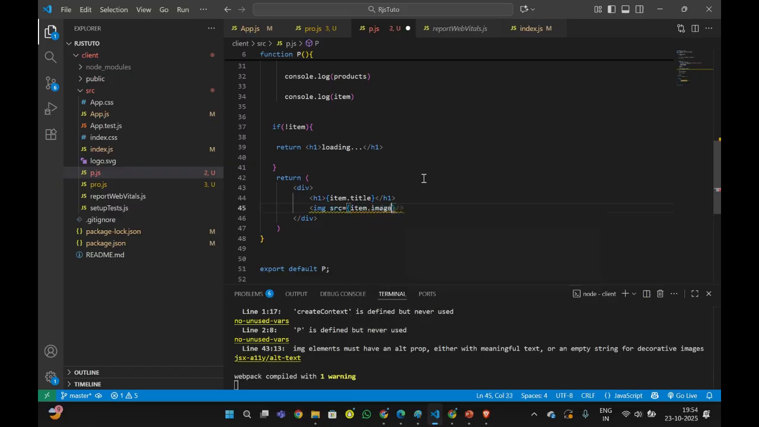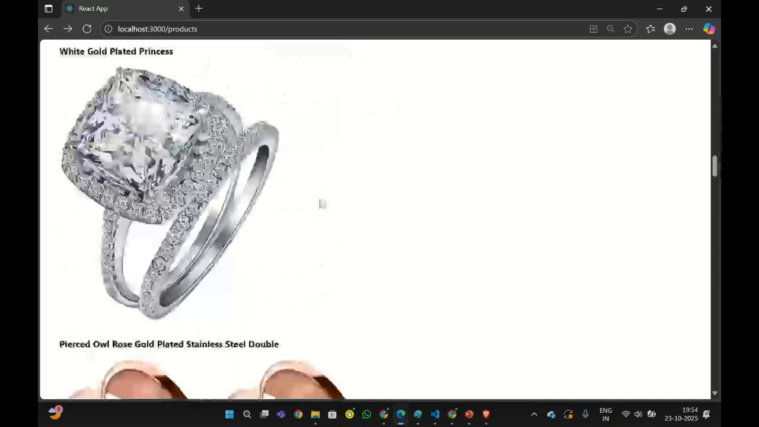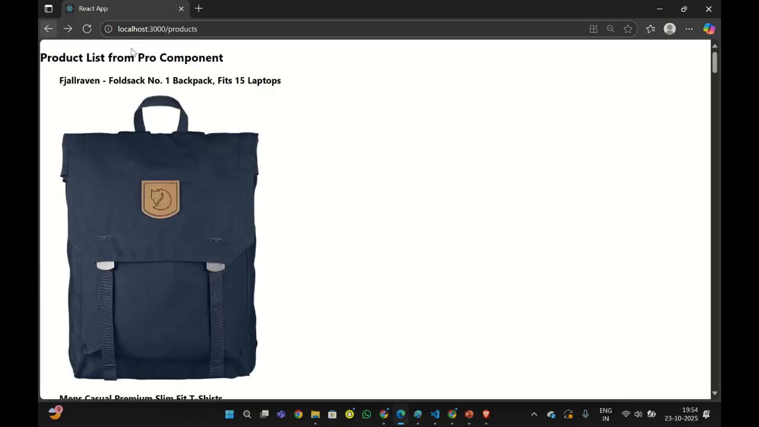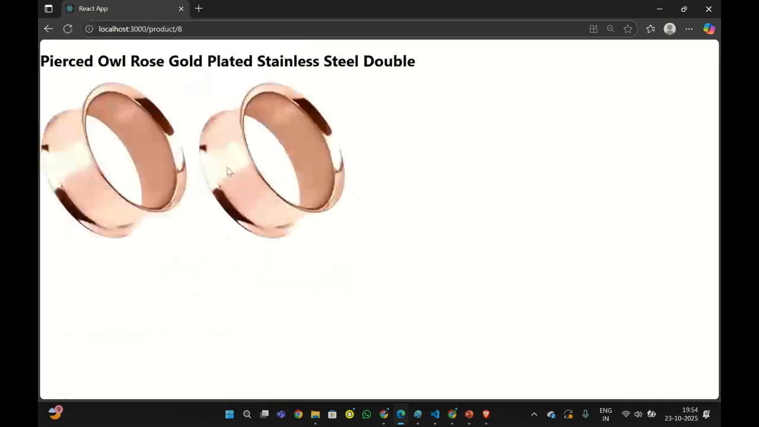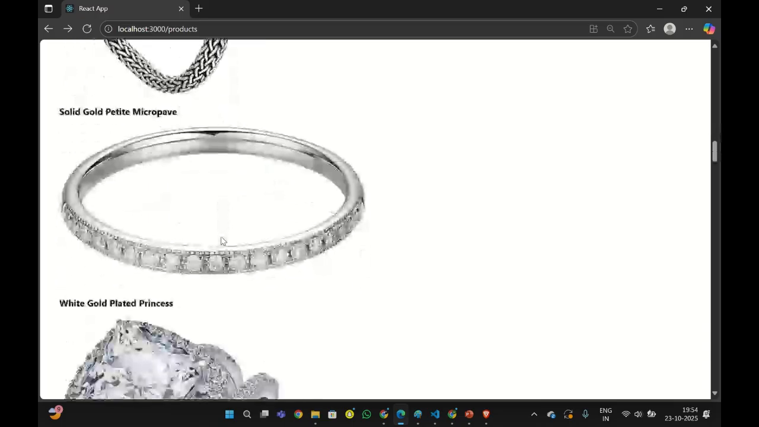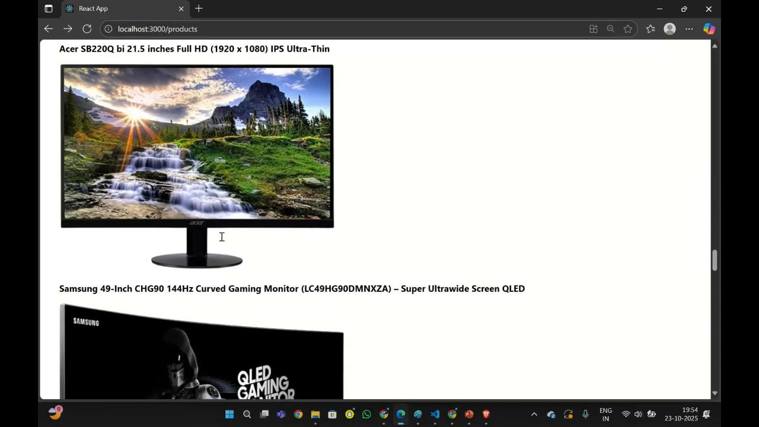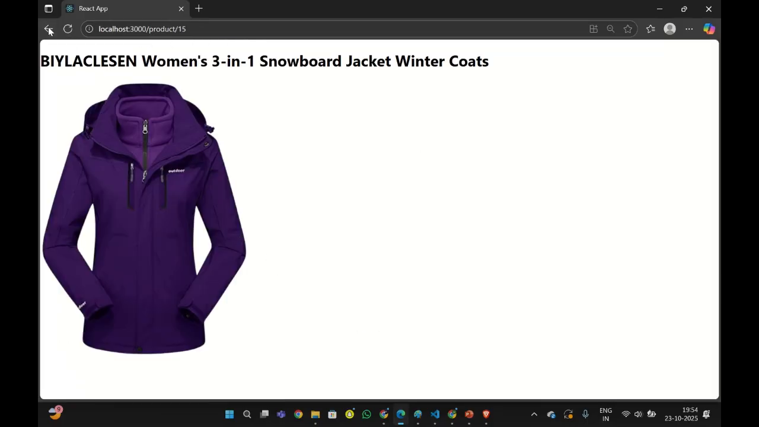Item image. Yeah, this is called dynamic routing. Now if I click here, it's going to redirect to the only single product. If I click here, like this, we can make it more stylish by using CSS and HTML styling, but I'm just focusing on the logic. If I click here, it's going to be,